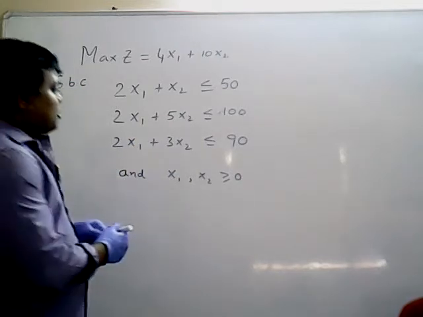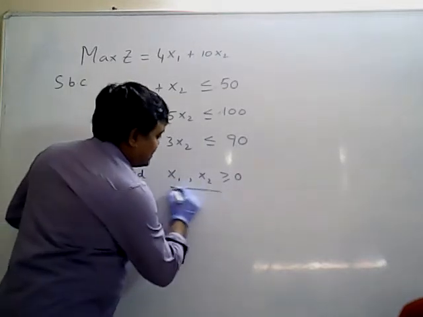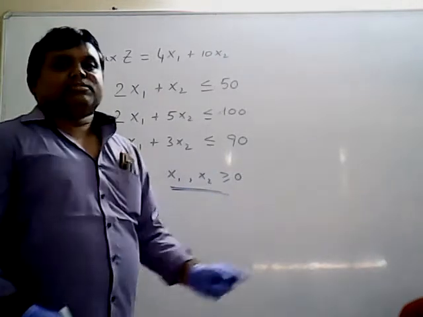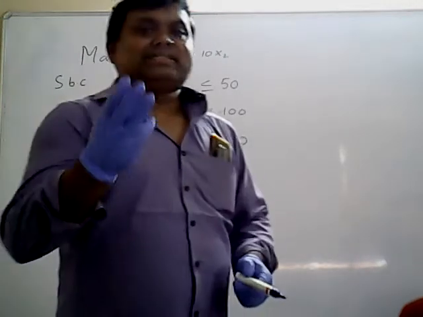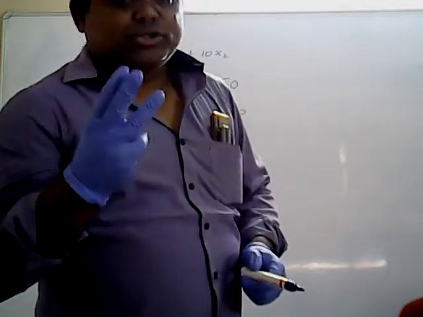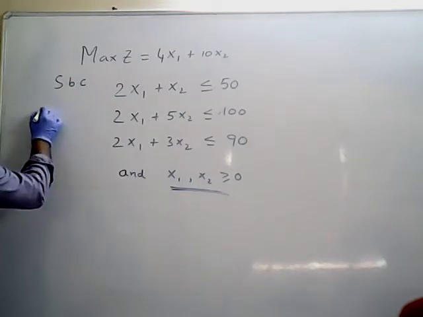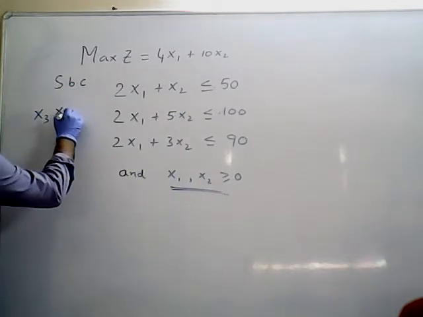So that means original problem, how many variables are completed? See this one. Original problem, how many variables are completed? X2 is completed. That means how many slack variables are required? 3 less than equal type constraints are there. That means you required 3 slack variables. That slack variables I will consider as x3, x4, x5.